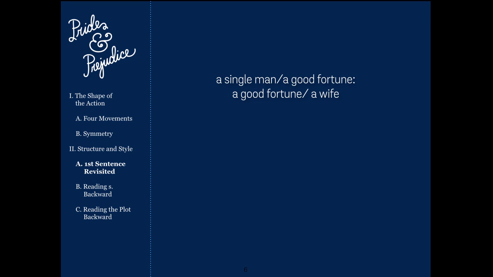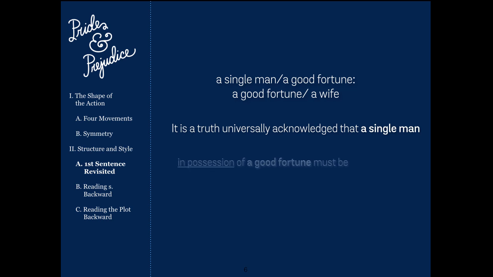But the balance isn't static. The phrases "a single man" and "a good fortune" are both adjective-noun combinations of 4 syllables, but the 2-syllable word shifts from the adjective spot, "single," to the noun spot, "fortune." Meanwhile, "a good fortune," which I said is the pivotal phrase in the sentence, is balanced in a different